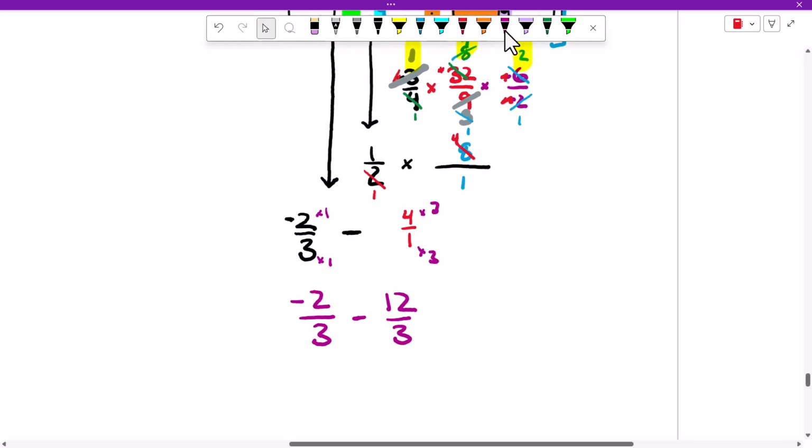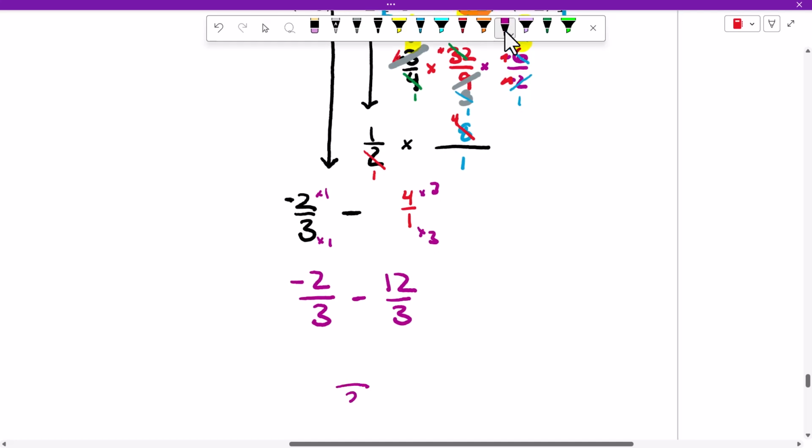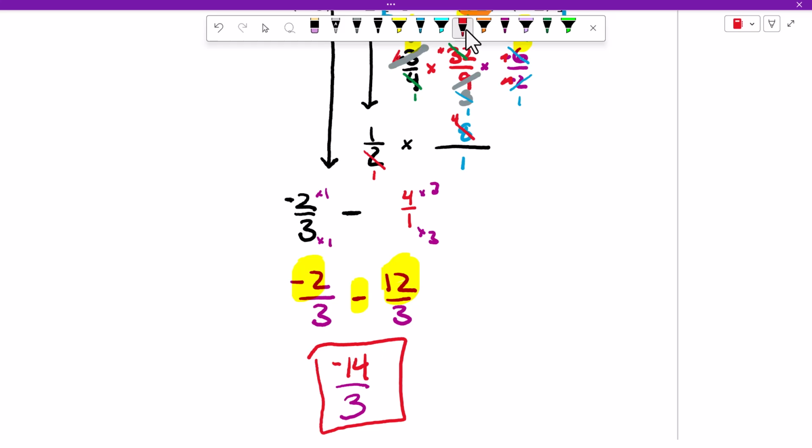Okay, so now the bottoms stay the same. We combine the tops together. We have negative 2 minus 12. What number do we get? Negative 14. And we go, can we make this any smaller? The only way you can make it smaller is if 3 fits into 14, and 3 doesn't fit into 14. So that's as small as it gets. That's our final answer. Okay? That's it. All right? A lot of work. It's going to be slow going. All right? So when we are working on our assignment,